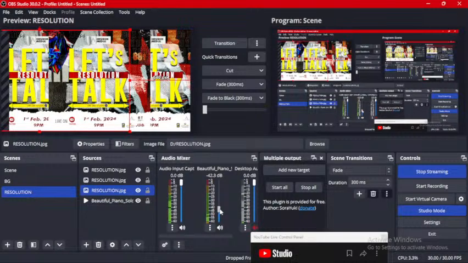So OBS, as I said earlier, it's free. It's not owned by a particular person. Actually, it's owned by a community. So new updates do come up often based on people's ideas, and you can also join that community on GitHub to request a change or suggest a change to the community. And guess what? It will be added to OBS when you are part and function of that community. So let's continue.